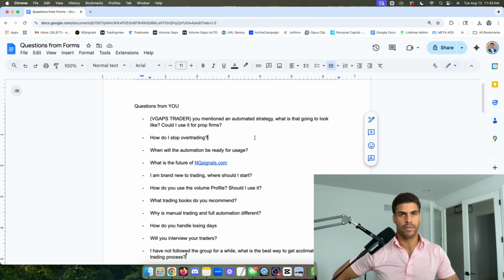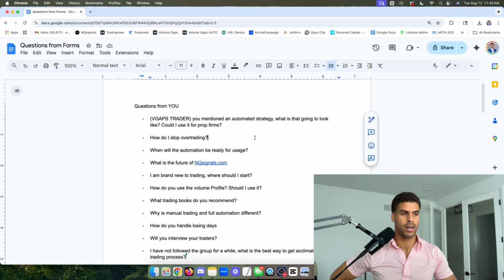Top Step has $150. My Funded Futures is $100. Alpha Futures is $200. And there are other firms out there where you have to make X amount of money in X amount of days to get a payout. Those goals are fine, right? To get over a payout, but you shouldn't be trading for $200. You should be trading to catch the right move, and then once you catch enough of those moves, you are done.